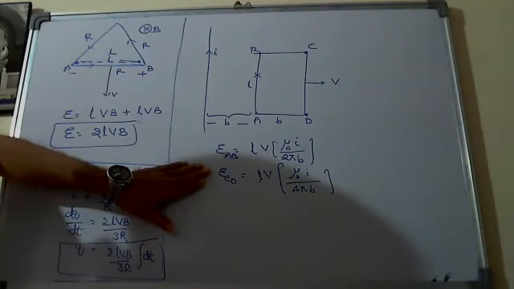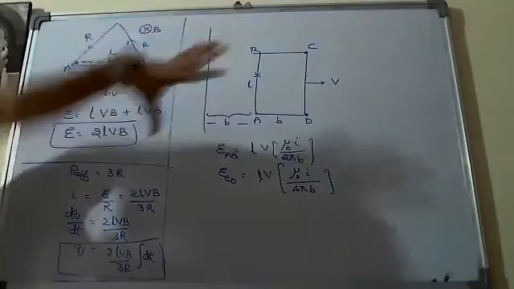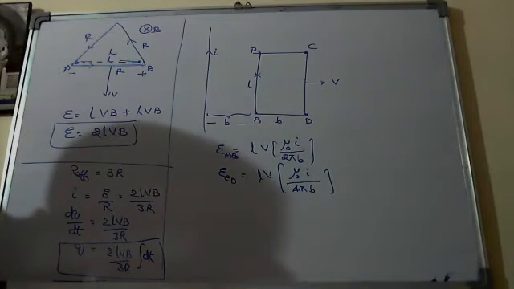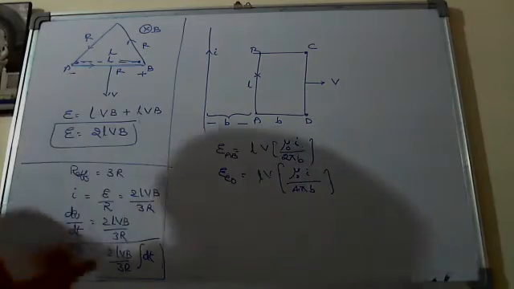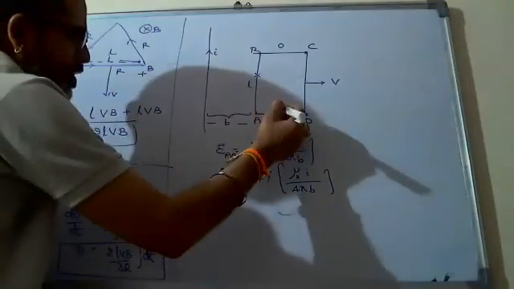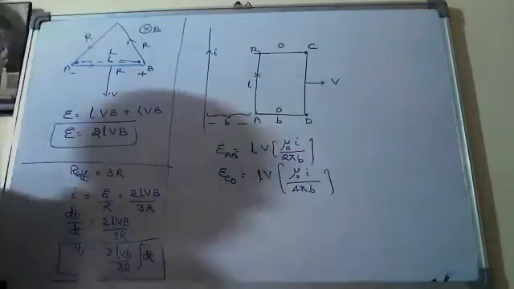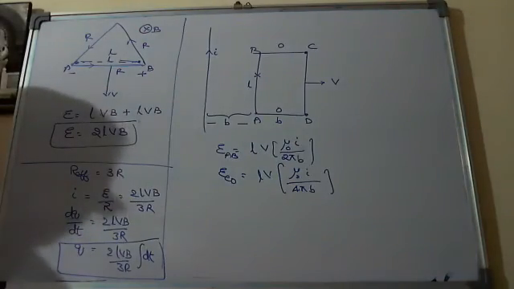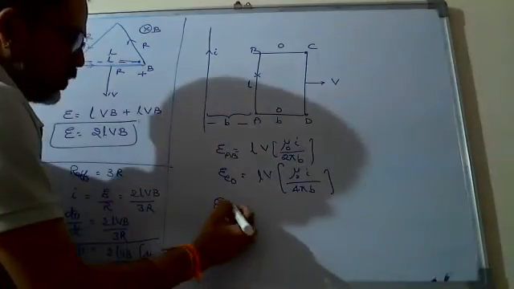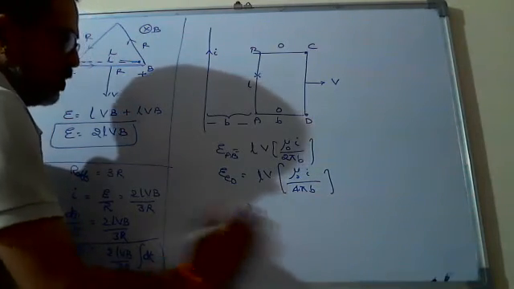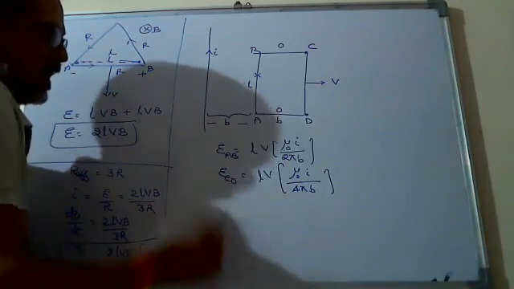No, surely. I think some EMF will be induced in the loop. What about BC and AD then? 0, sir. Very good. So here the EMF induced is 0, here the EMF induced is 0. Why? Because you know the reason. Length is parallel to velocity. Okay, right. I can't say the EMF induced is equal to either 2 times or equal to 0. Why? Because these two are not equal.